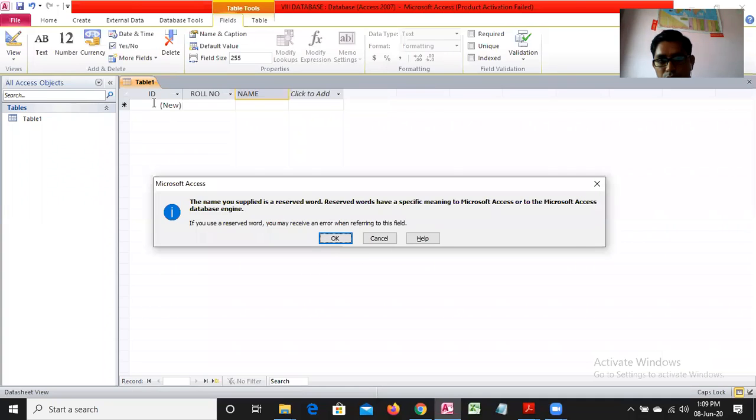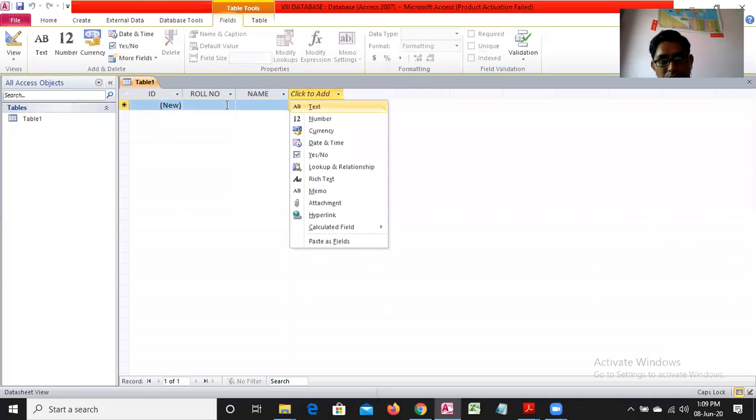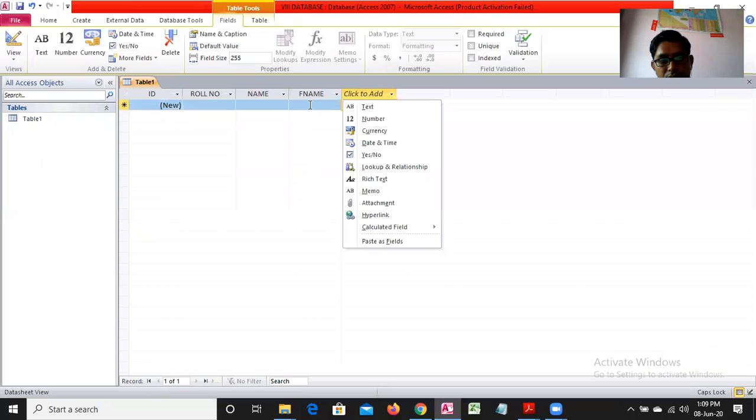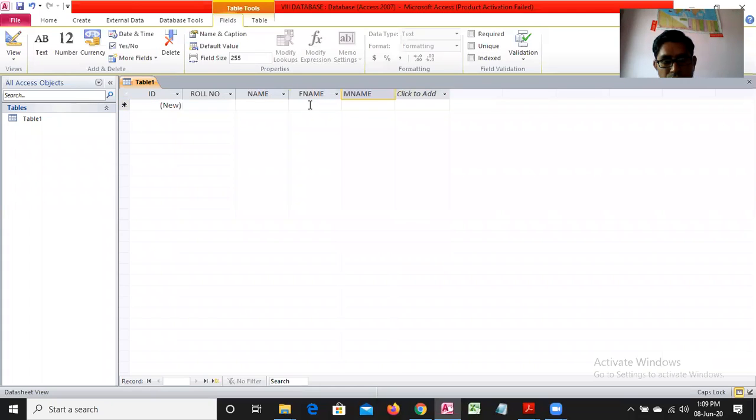Now, the next important part is father's name, you include. Then in the next field you include mother's name. In the next field you include date of birth. According to this, you have to define fields one by one in columns. Columns are the vertical part of a table. ID is the default column here. Either you use it or not, numbers will be generated automatically in the given column, that is ID.